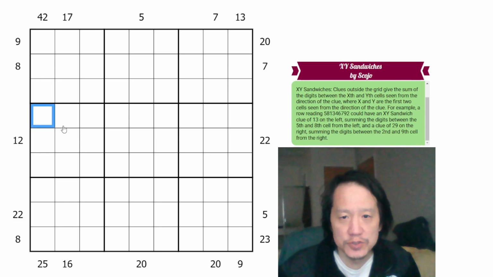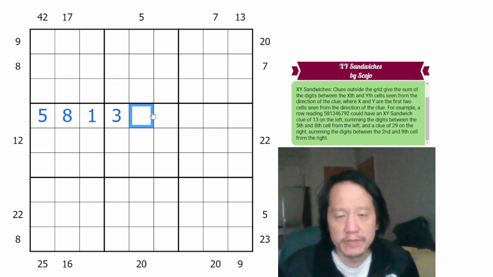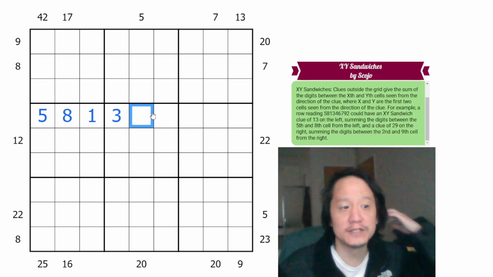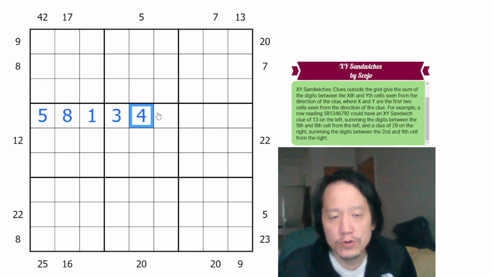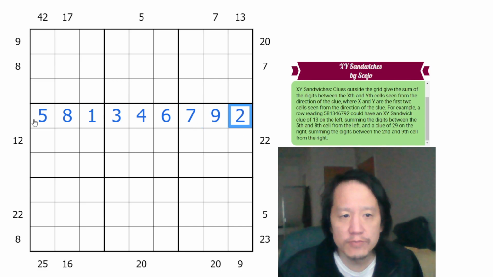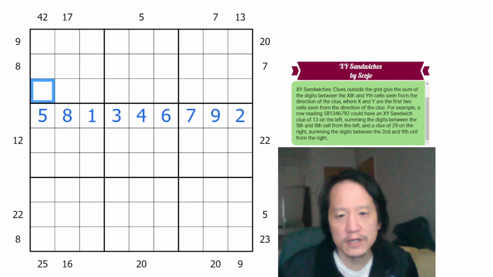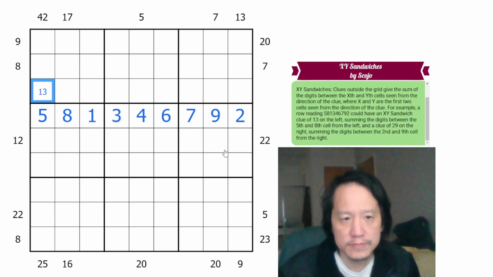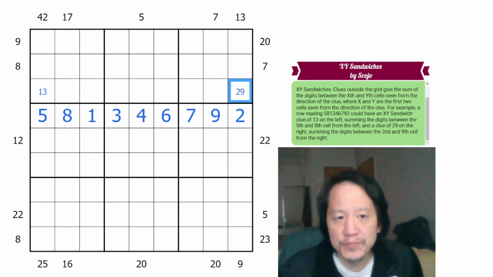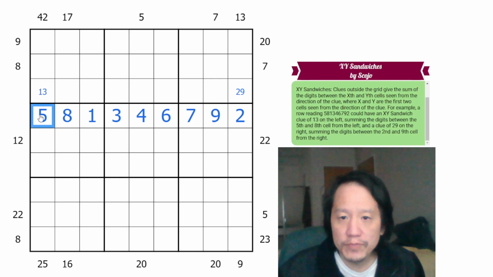Let's just use this one: 5, 8, 1, 3, 4, 6, 7, 9, 2. So instead of X sums, these are XY sandwiches. Say we had a 13 on the left, and 29 on the right. For example, a row reading 5, 8, 1, 3, 4, 6, 7, 9, 2 could have an XY